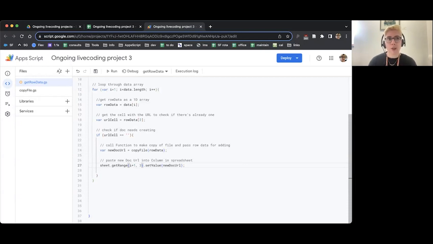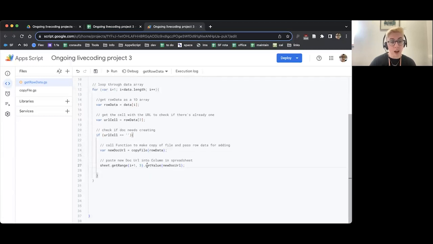Sometimes you will find when you're working with arrays in a spreadsheet that you're great until you come back to write the data into the spreadsheet or do something on the spreadsheet cells, and then you need to adjust i by 1 when you're inside that loop so it still works. So we've changed it now, so we've got sheet.getRange, i plus 1, comma 3. So that is everything that happens inside our if.